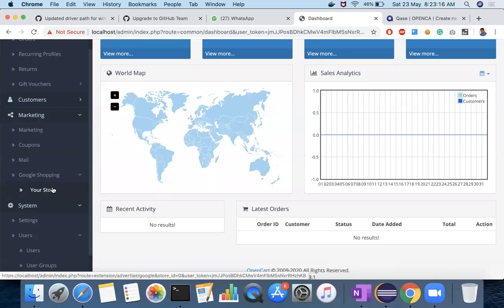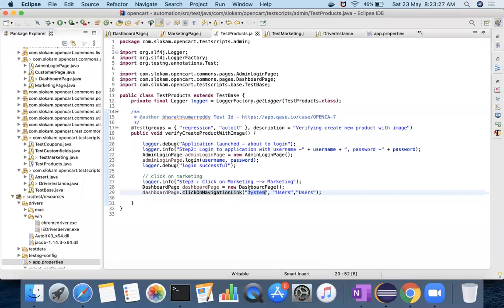And while giving, let's say he's trying to give Google Shopping in the marketing, let's say he gave it like this: marketing, and then Google Shopping, and then your store.